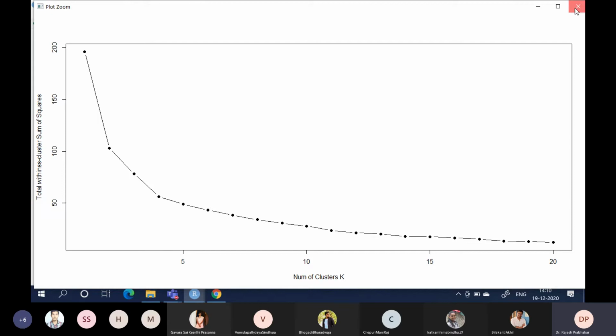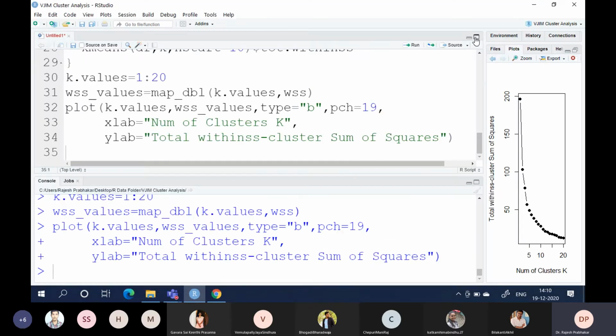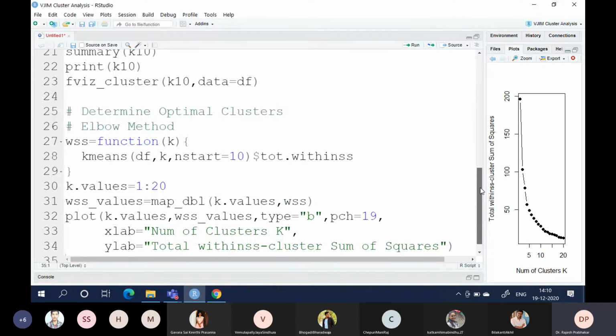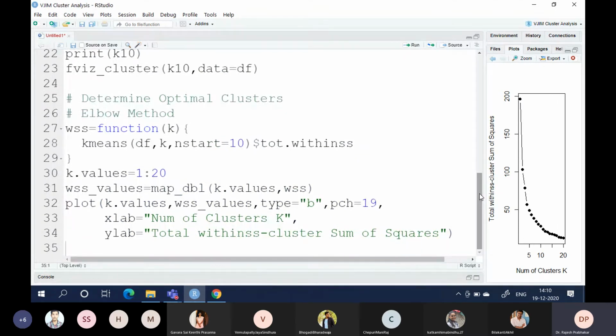So this is called the elbow plot. This is called the elbow method.